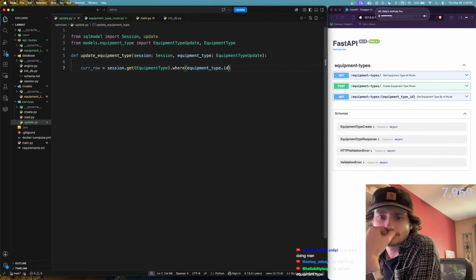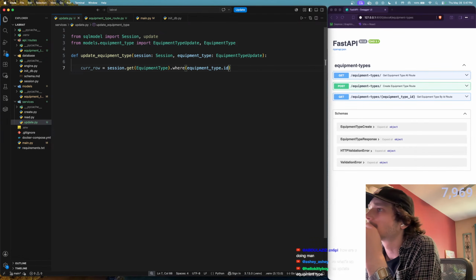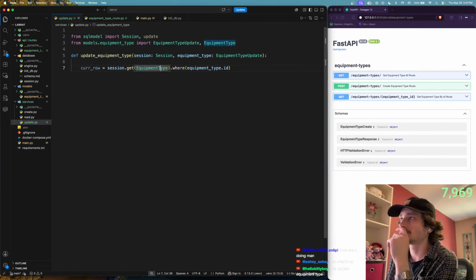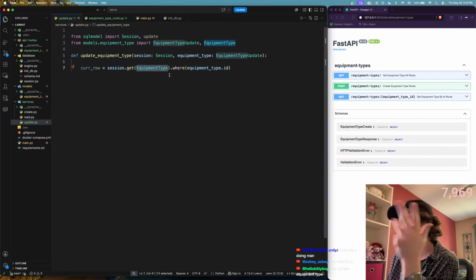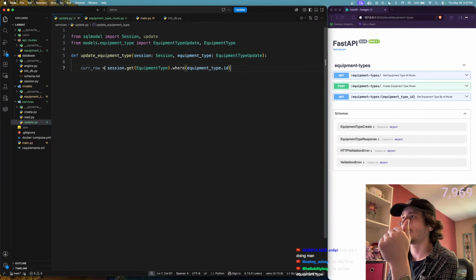Is that it? So we get equipment type. This is our table, equipment type, and we get from that where equipment type dot ID is